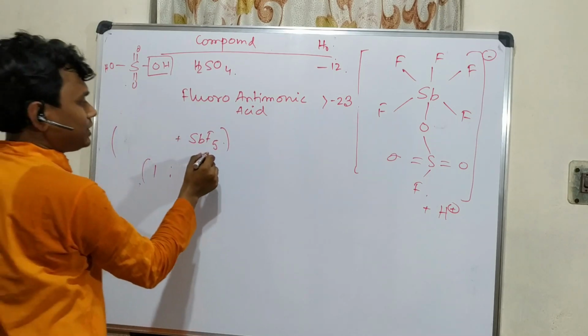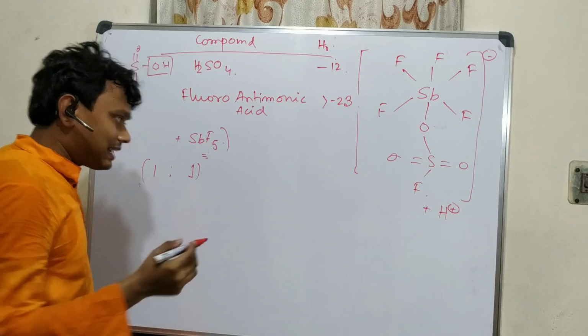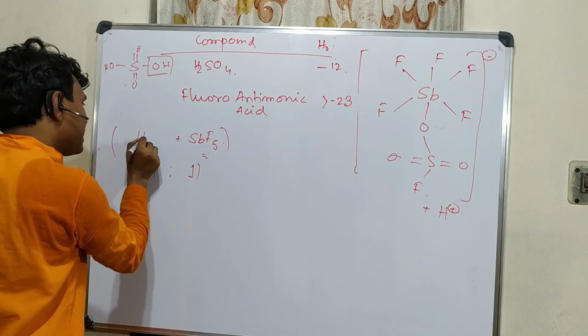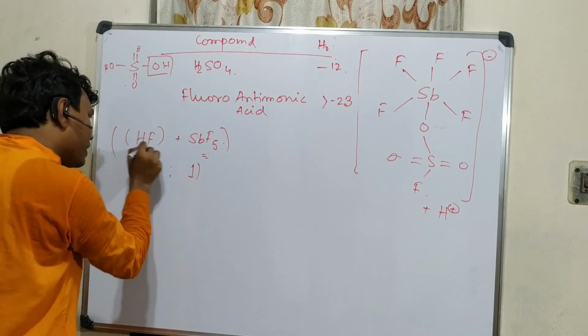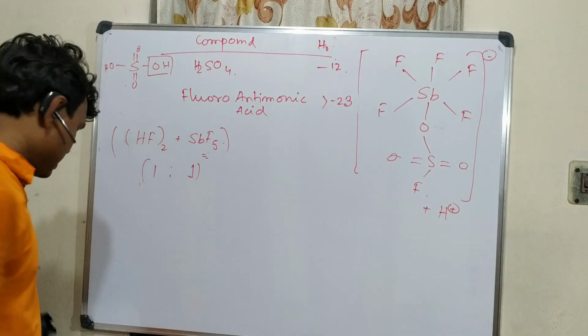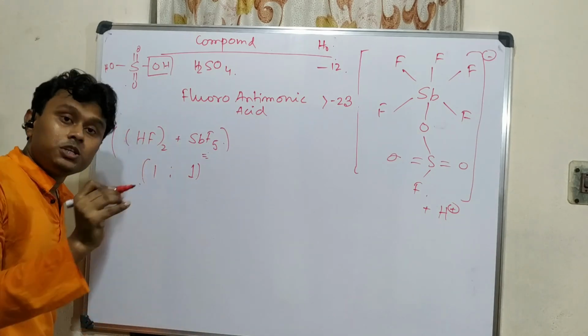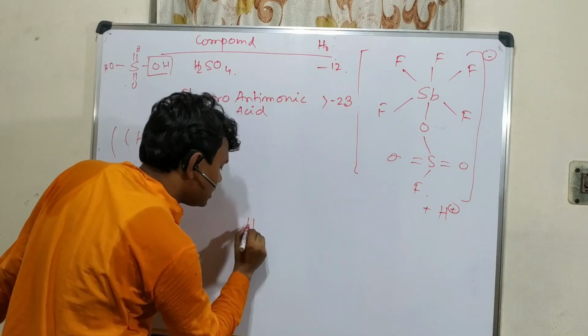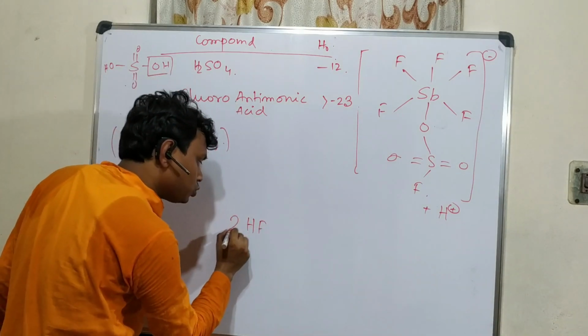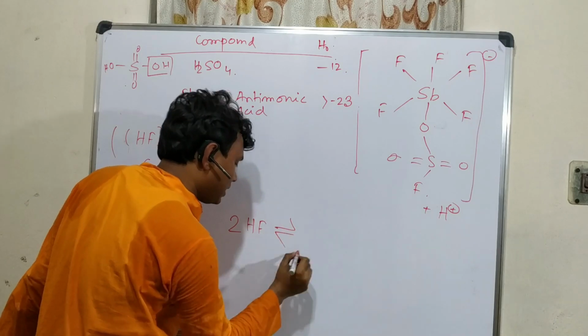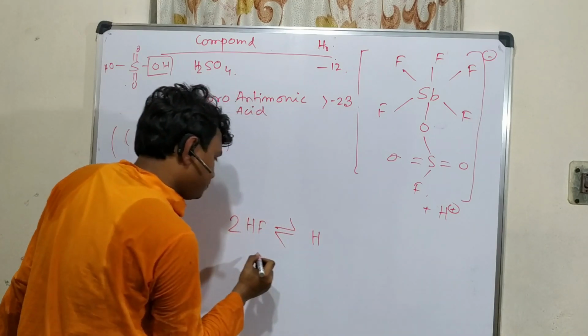For example, sulfuric acid with SbF5. Now with another acid, and that acid is HF, but twice. Okay, so what does it produce? This HF has a unique property. What do I mean by unique property? This HF, two molecules of HF, ionizes to produce